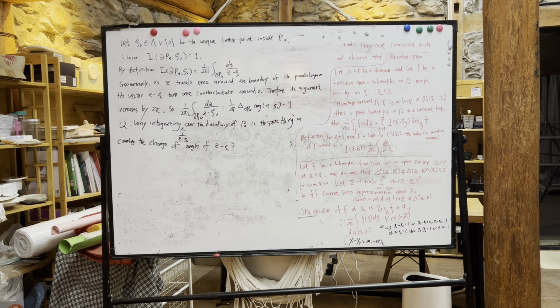You have the function's values on the boundary of the parallelogram, which is 1 over z minus zeta naught, and then you're integrating over the curve. It's just like the usual integration of these functions, 1 over z minus zeta naught, along a curve. And then on the other hand,